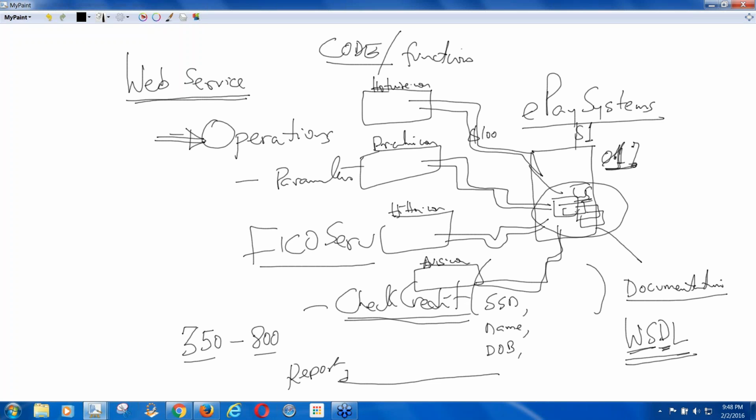How many functions do you think will be there in their ePay system? 1, 2, 3, 4, probably hundreds of operations will be there, right? One will be to void a sale. Void, sort of like canceling it. The other one would be to do a sale. The other one would be